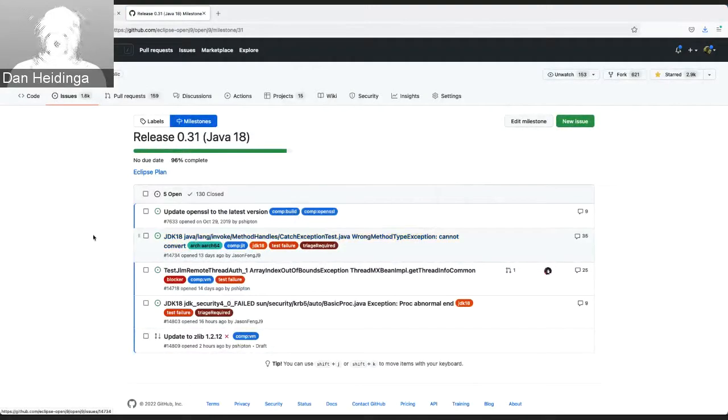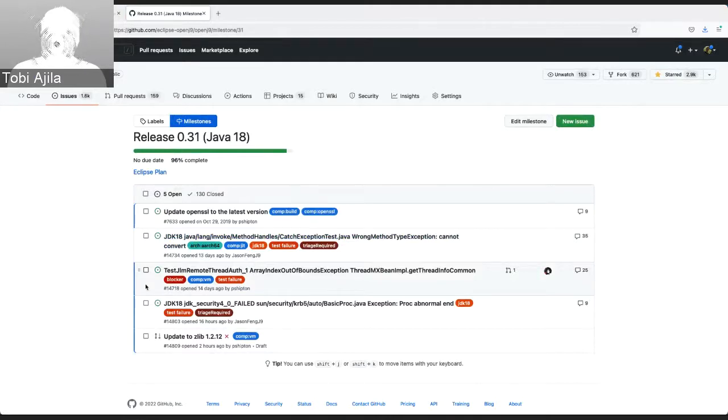And I see that we still have 5 items that are open in this milestone plan. So it probably makes sense to walk through each of them and see where we're at with them. So Toby, since you're just speaking, why don't we speak to the VM ones first? If you want to talk through where we're at with the test JLM remote thread auth issue. Yeah, so that one we have a solution for. It's just getting reviewed. So if all goes well, that should be in, and we can get a few days of testing just to verify that everything is as expected. So could be done with that one by the end of the week.